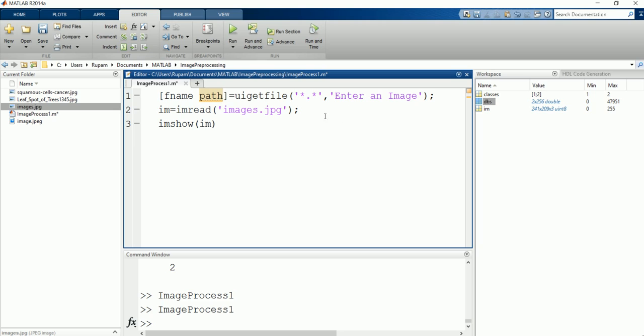So fname is equal to strcat(path, fname). This will create the entire file name. Okay, so fname is a variable that now stores the image which the user has selected. So instead of passing any name, just pass the fname variable. Now when you execute this program,